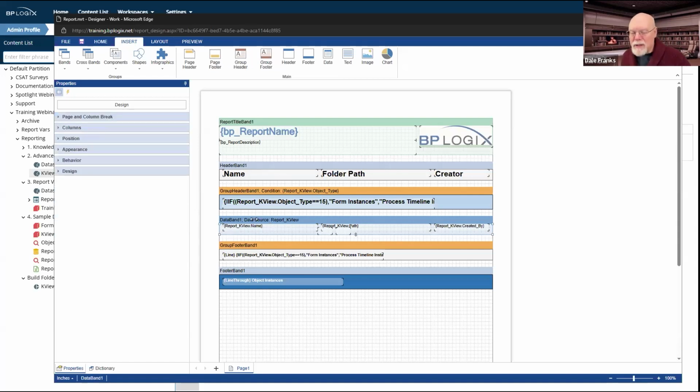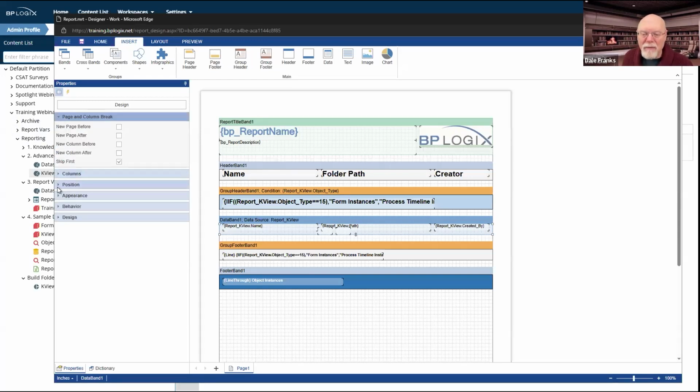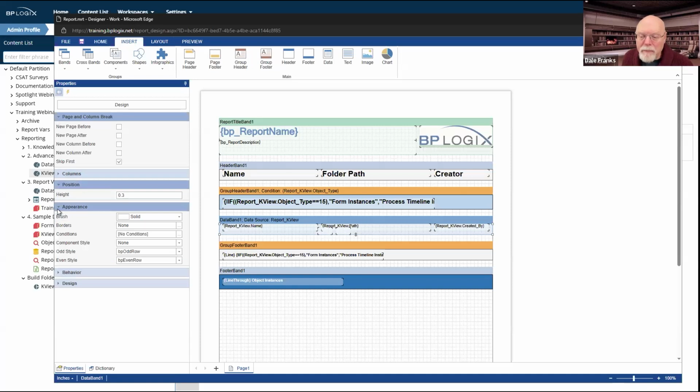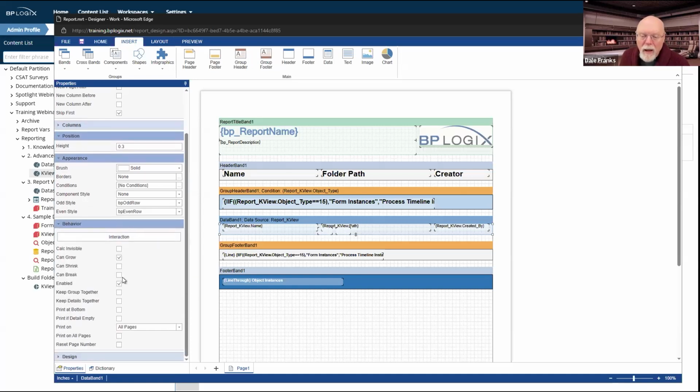The bands themselves have properties that you may or may not need to configure. By default, especially your data band, it should be configured to can grow, and it should be configured as enabled.